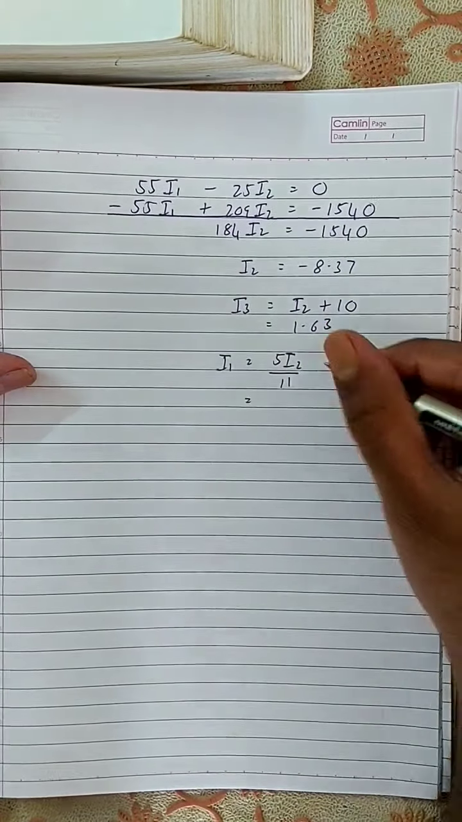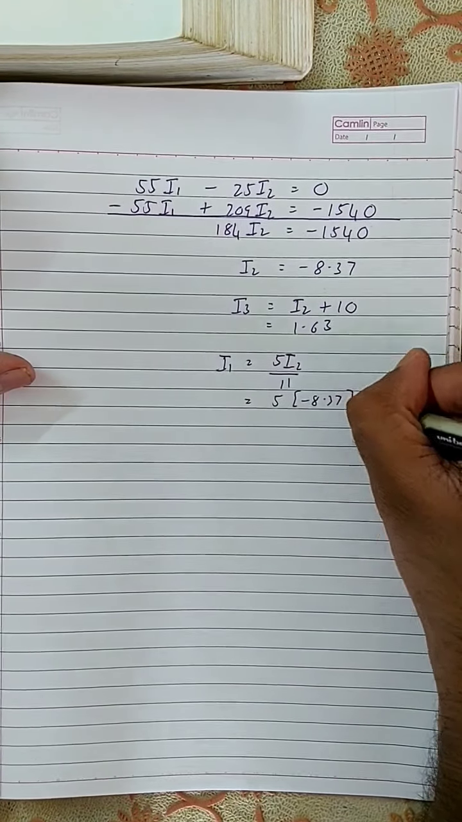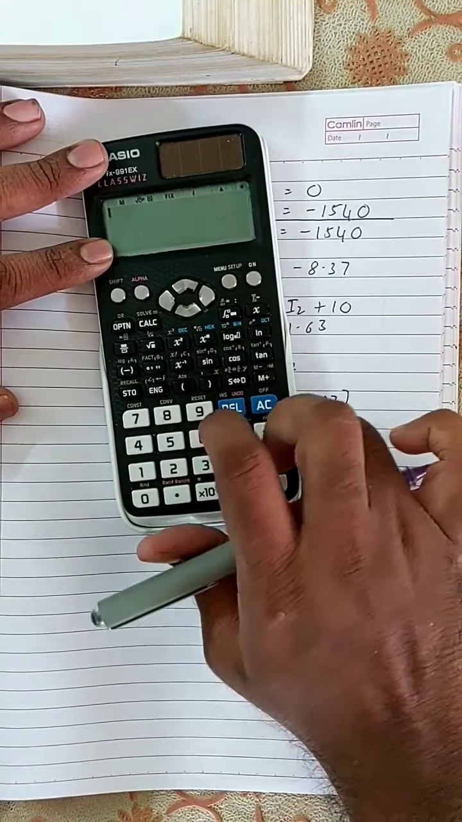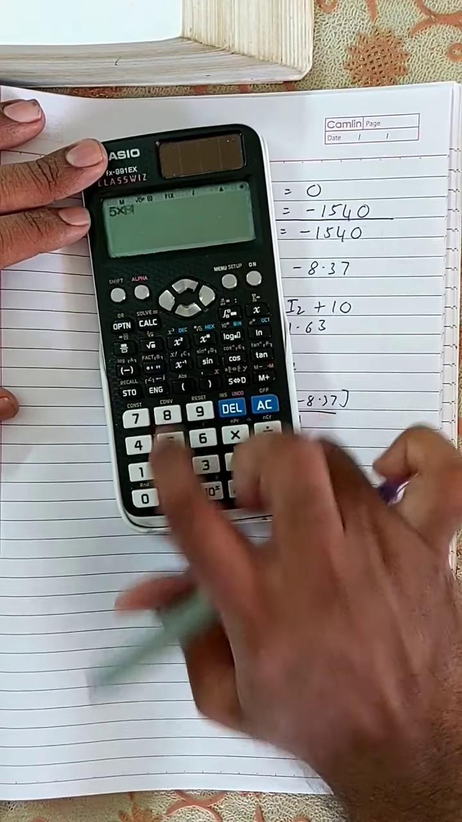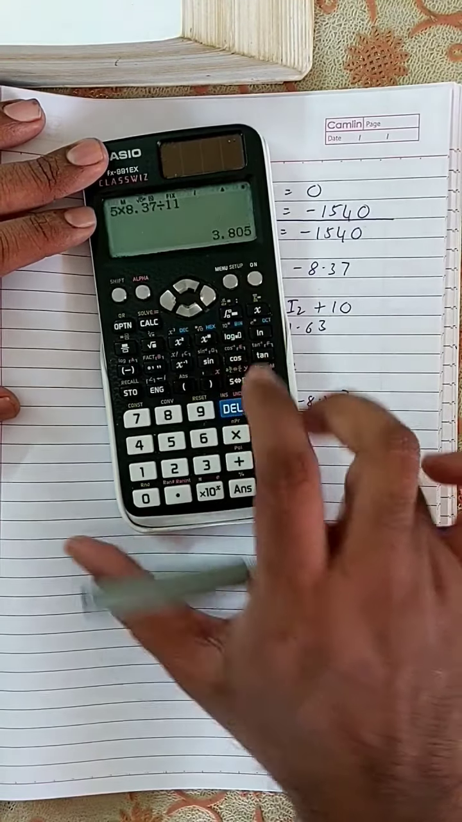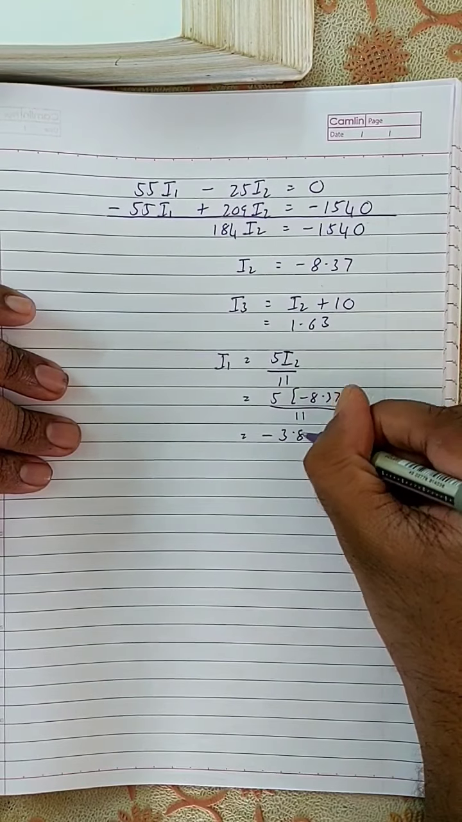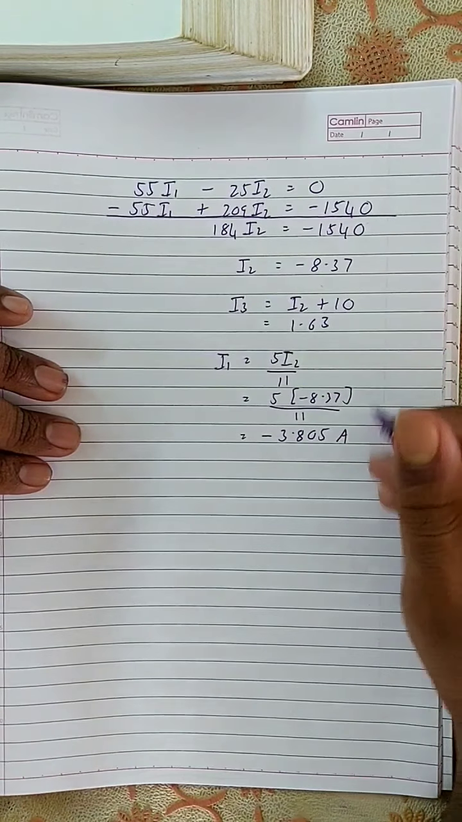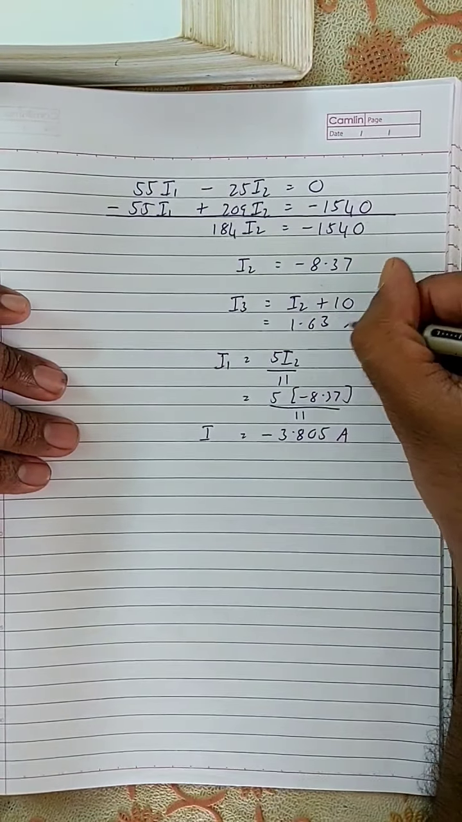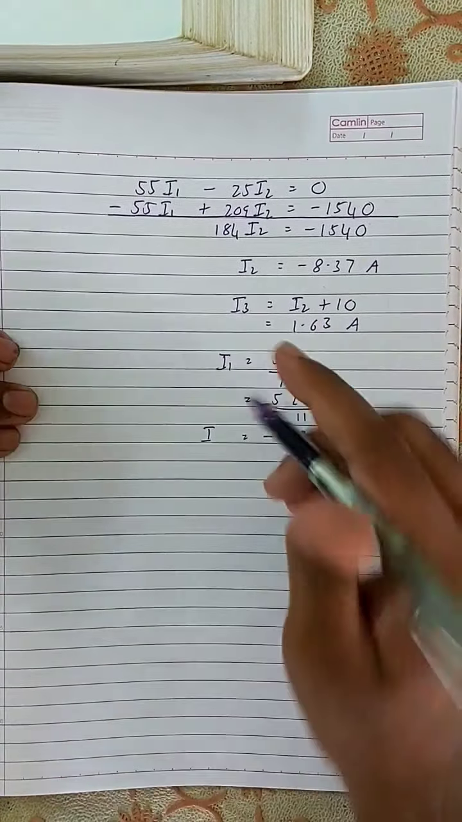5I2 by 11, which is equal to 5 into minus 8.37 by 11, which is equal to, let me see, 5 into 8.37 divided by 11 is equal to 3.805, which means this is minus 3.805 amperes. Okay, so I1 is equal to minus 3.805, I3 is equal to 1.63 amperes, and I2 is equal to minus 8.37 amperes. Okay, so now